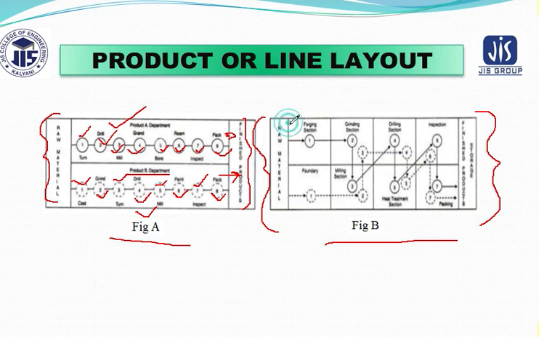So this is the forging section, where the forging operation occurs. There is a grinding section where the grinding operation works. Next comes the drilling section where the drilling operation works, and here comes the inspection section where inspection occurs, and this is the finishing product. Heat treatment is going on there. This is the milling section, and this is the foundry section.